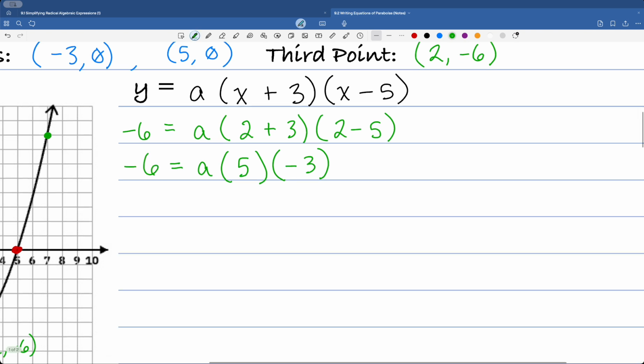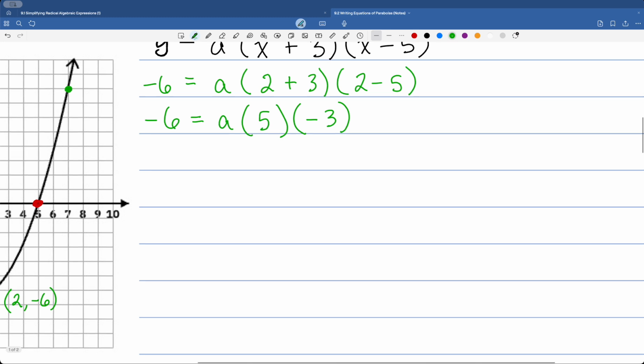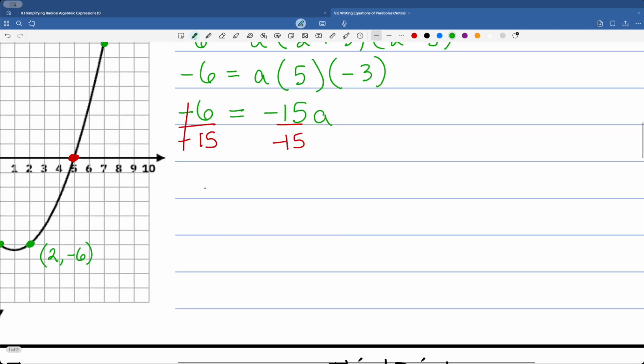Okay, we'll go ahead and simplify this step here. So this becomes 5 times -3, that's -15. We're going to keep a. So -15a is equal to -6. And then by dividing by -15 on both sides of the equation, we'll see that this goes to positive, which is a very important feature to notice. And we're going to get a is equal to 6 over 15,